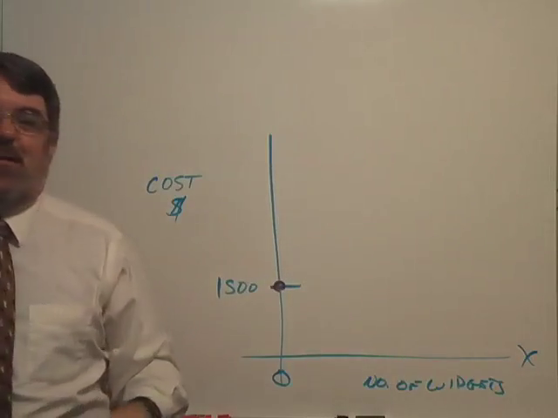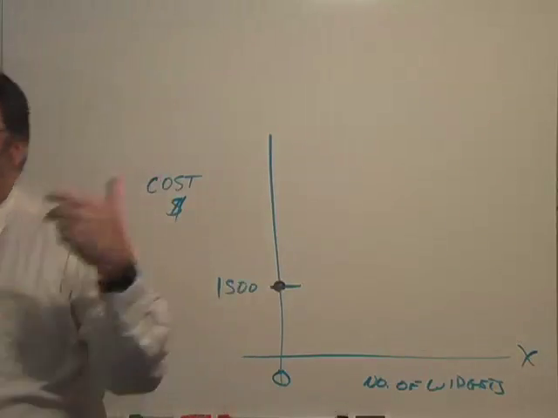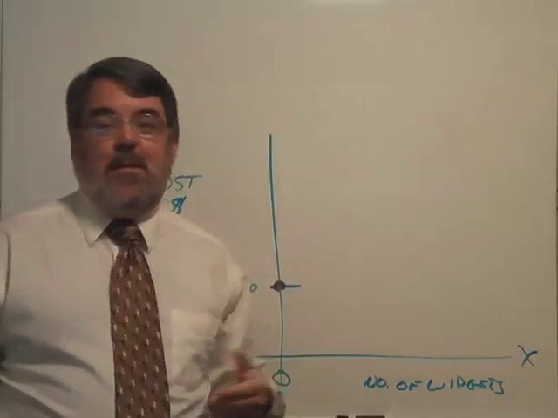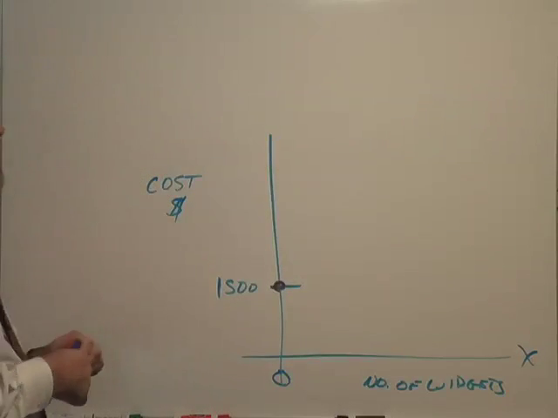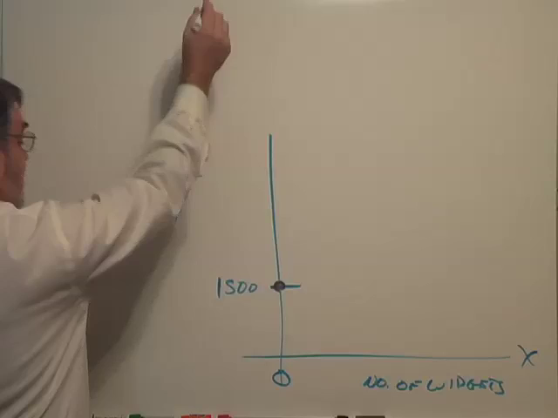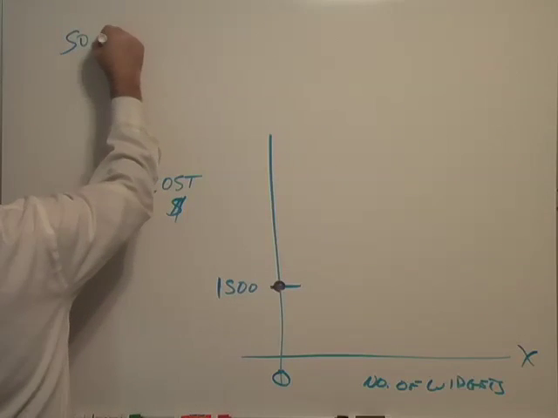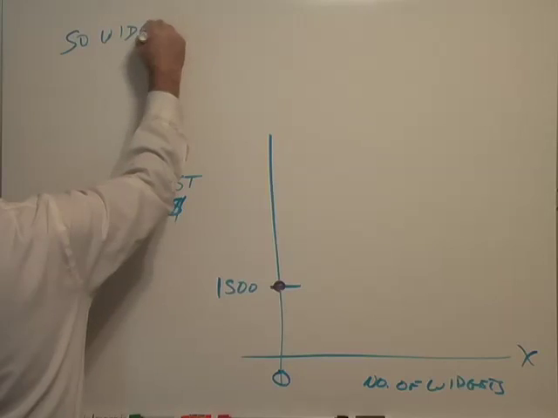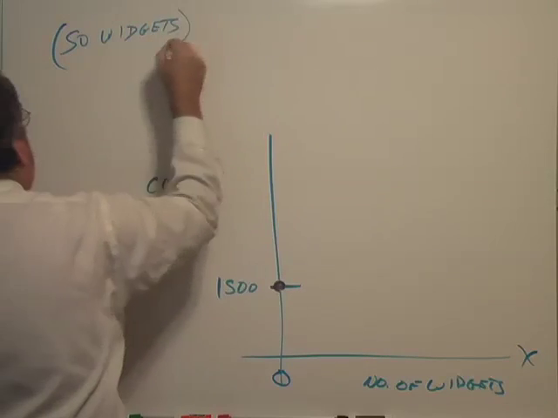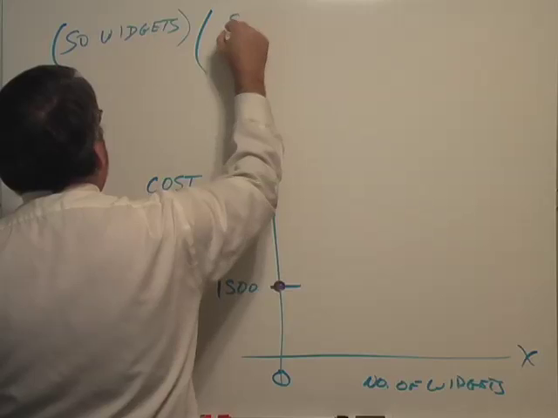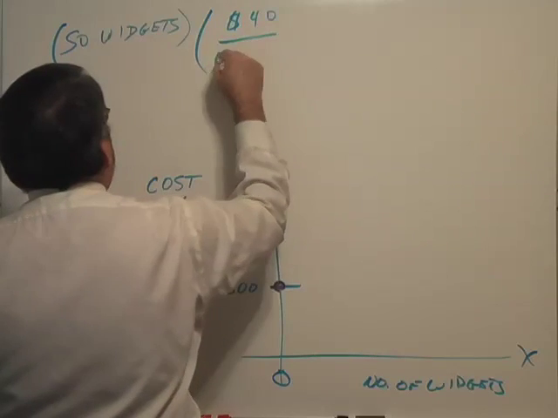In finite math, we call that the variable cost. This is the cost that varies according to the amount of widgets you make. So if I made 50 widgets and I multiply this by the per unit cost, $40 per widget,